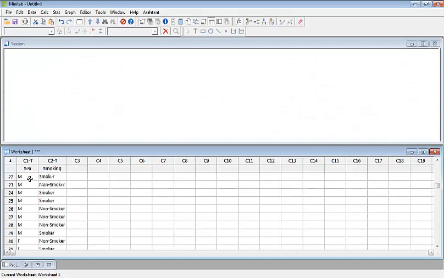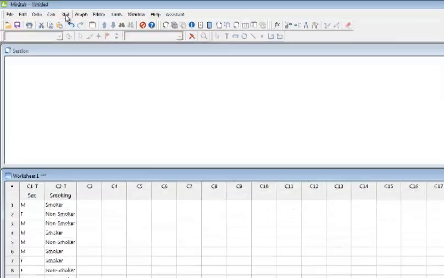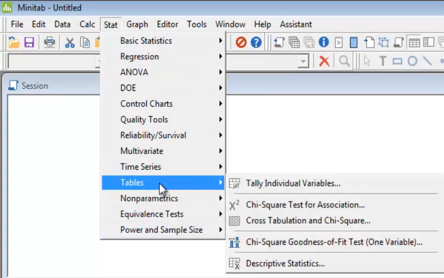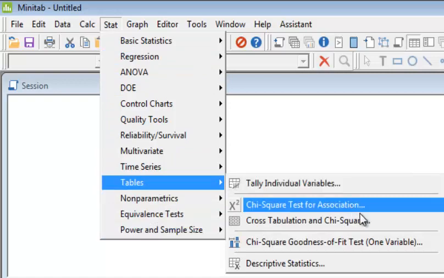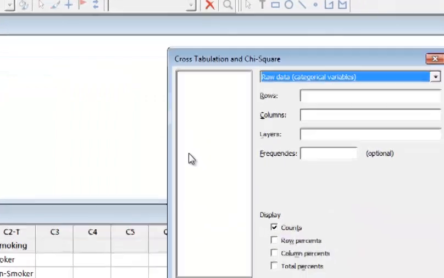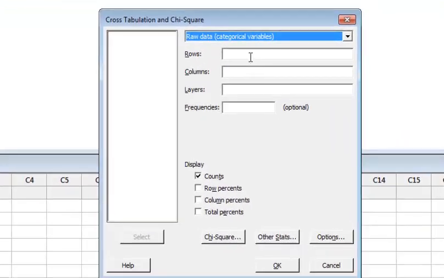First of all, let me show you how you can find the cross tabulation for these two variables. Okay, go to Stat. You can select Tables, and here you will select the option of Cross Tabulation. Cross tabulation means you want to see the table of two variables at a time.